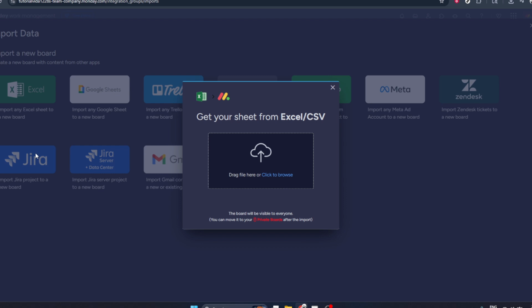Monday.com will process your file and create or update a board with your Excel data. After it finishes, take a moment to scroll through the new board and make sure all your items and columns appear as expected. And that's it. By clicking your profile icon, selecting Import Data, choosing Excel,